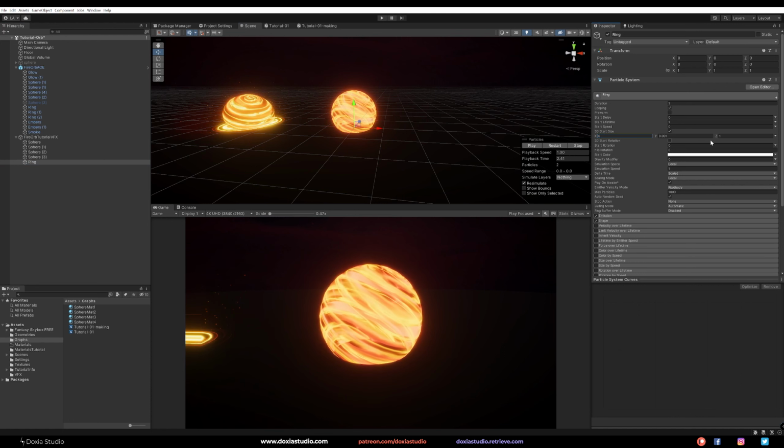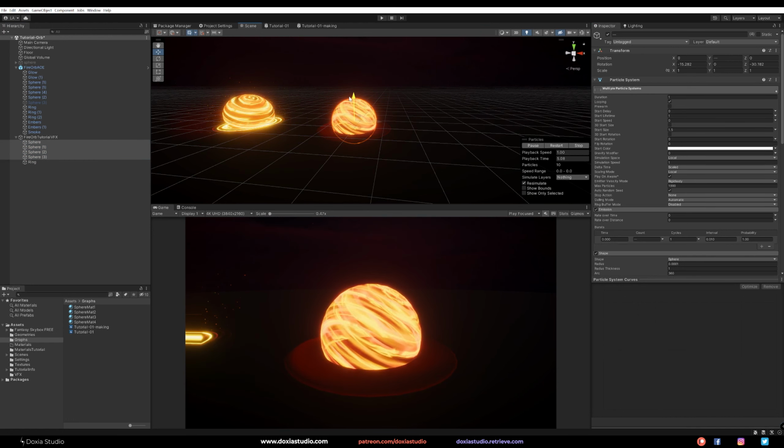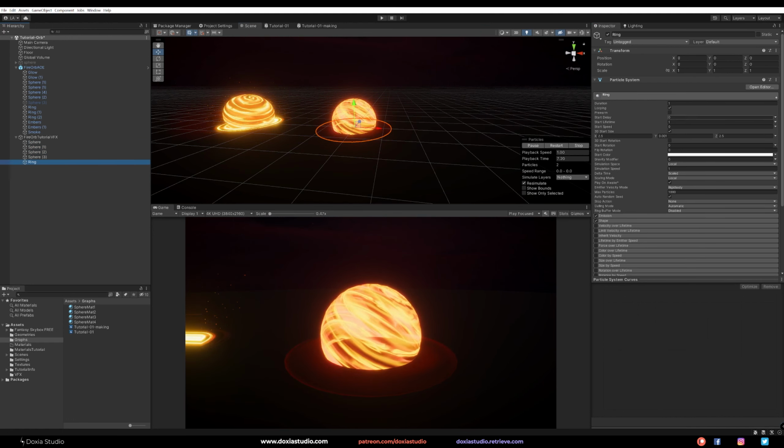We go to 2.5, 0.001 and 2.5, and we have a nice ring. Can bring the spheres a bit down. I think they are way too big. Something like that. Maybe 2 just on the ring. Okay, this is a cool ring.